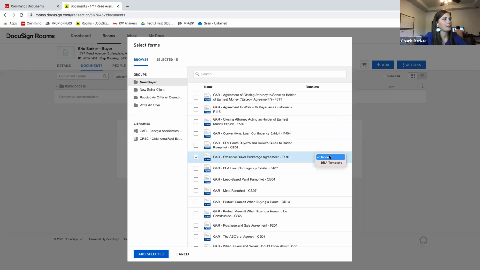Buyer brokerage agreement. Okay, you can set up templates in Docusign. And this is giving me the option. You'll see right here, I have none, or I can drop it down and I can say the BBA template because I have those tied together. So what that's going to do is, I have gone in previously, and I'll have to do a little short video on how to do this. In Docusign, you can go and create a